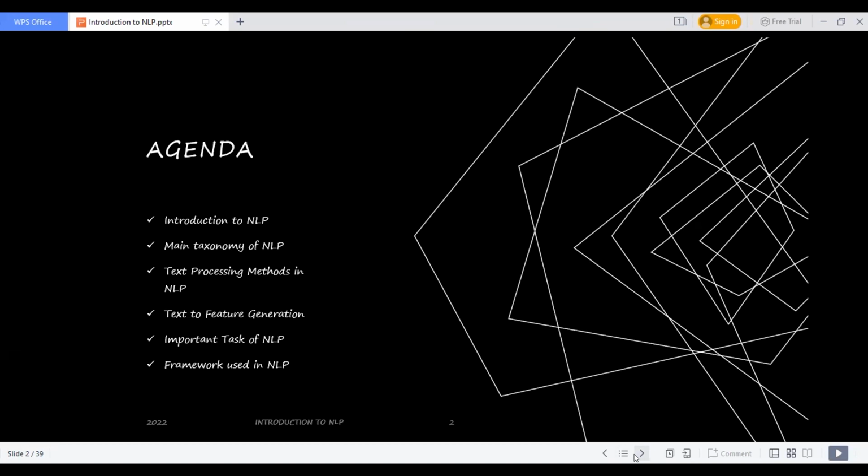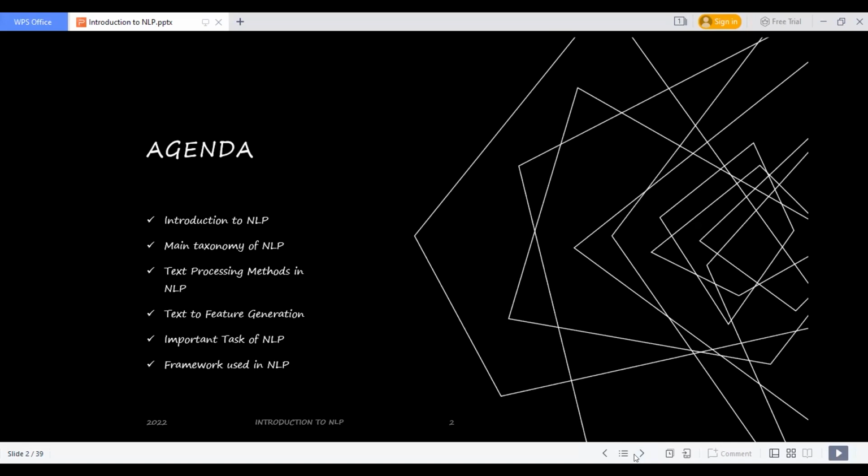Today in this session we will discuss the introduction of NLP, the idea behind NLP, and the main taxonomy, the pre-processing methods required for the NLP task, and the feature generation required to develop the input and extract the features.